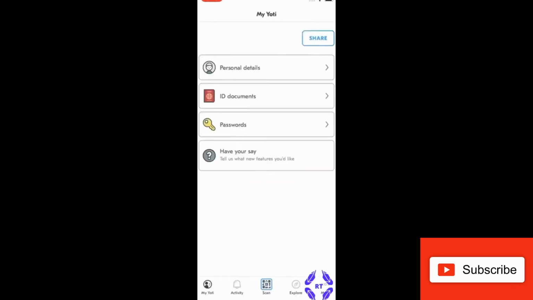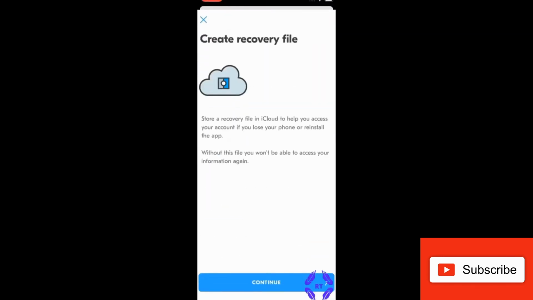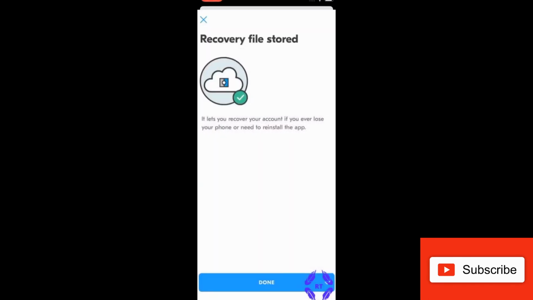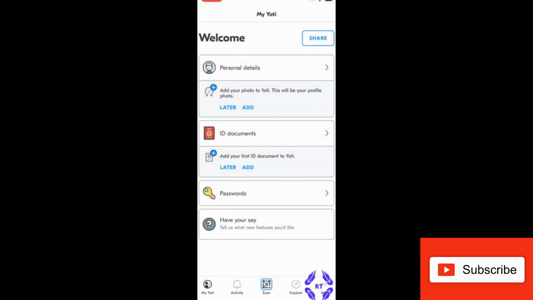So next step is to verify, or before that, try to create a recovery, save the recovery file just in case you lose access, in order to recover your Yoti account. Once that is done, click on done. And now the main thing that you need to do, or the only thing you need to do here, is to add ID.